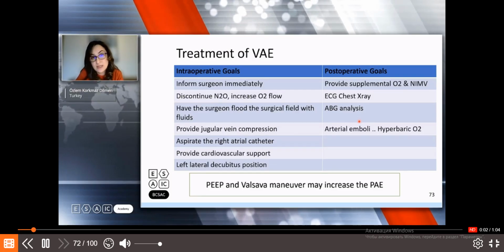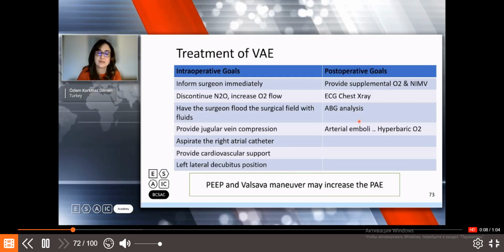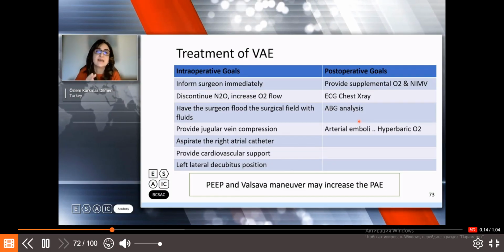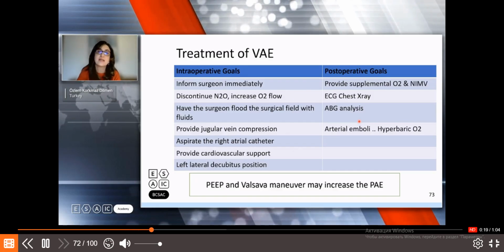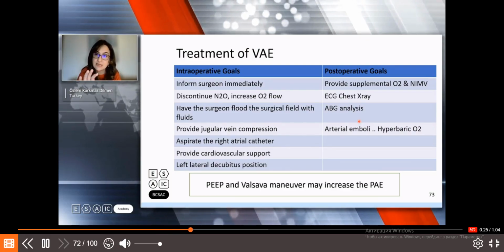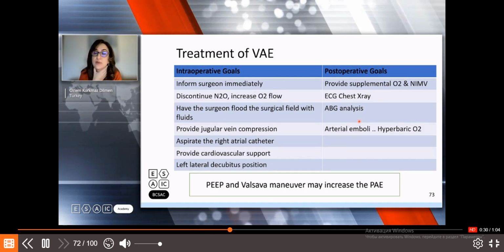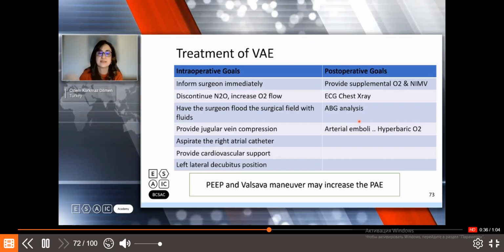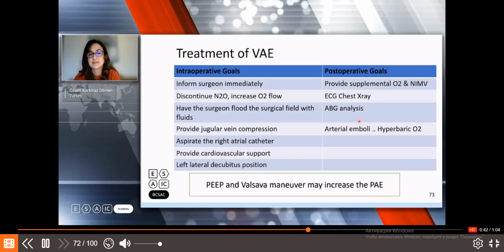How can we treat venous air embolism? In the intraoperative period, you need to inform the surgeon immediately. Then if you use nitrous oxide, nobody uses nitrous oxide nowadays, but if it is being used, discontinue it and increase oxygen flow. The surgeon has to flood the surgical field with fluids and close the leakage with bone wax. Provide jugular vein compression so the surgeon can easily define the leakage place, and we need to aspirate the right atrial